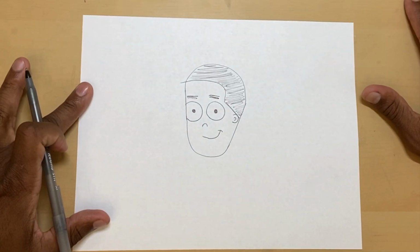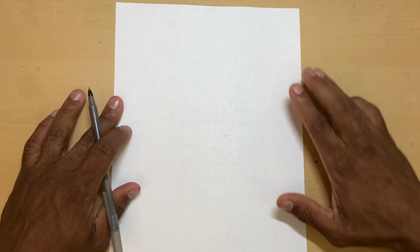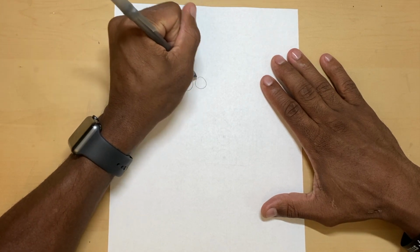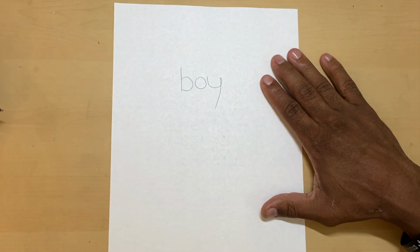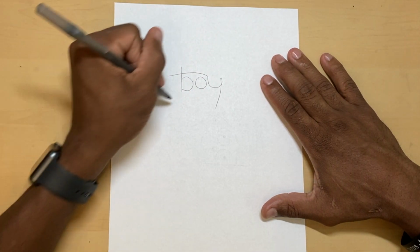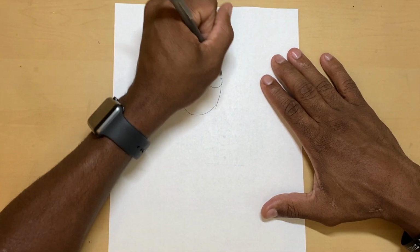This is another way. And there's actually a lot of different variations that you can do, but this is the one that I learned. So we're going to start with drawing boy again. This time you can tell that the Y is a little different. I'm going to bring that Y over, make a cap, connect the bottom of the B to the Y, the top of the B to the Y,